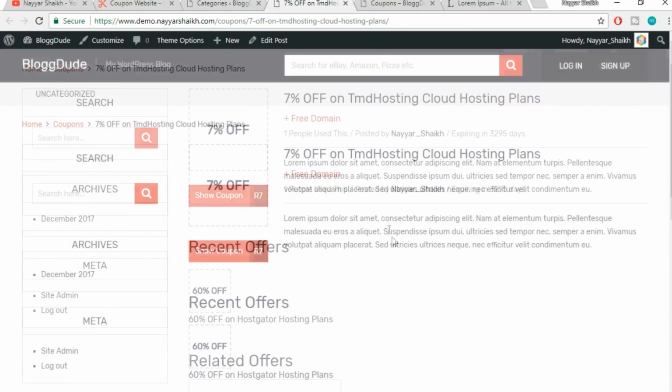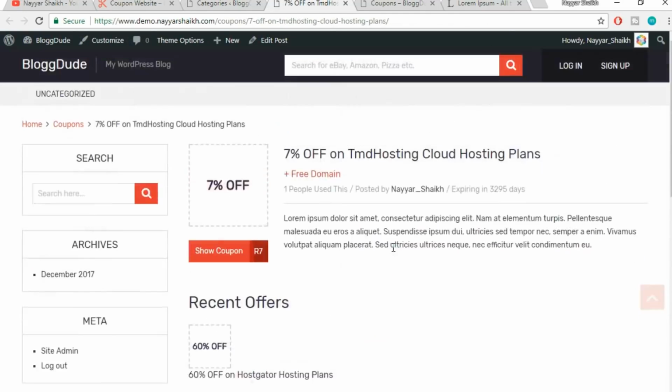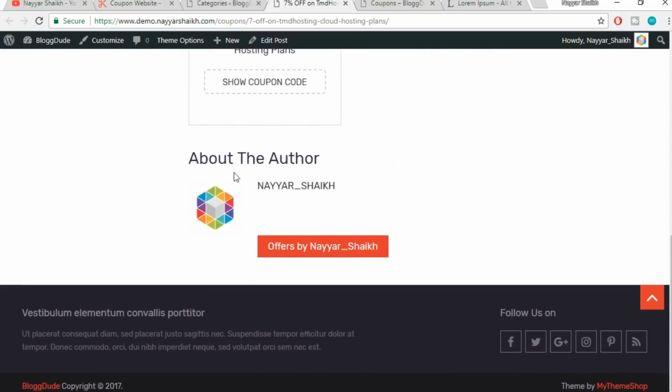Now again, when we come back to the page which is just created, and we see the single post, at the bottom we see this thing about the author, and my name is actually showing the username, which is very dangerous. When people know your username, they'll try to put in some random password and try to access your dashboard. And also this is not looking very good. We have this underscore after my name, so I don't want that,